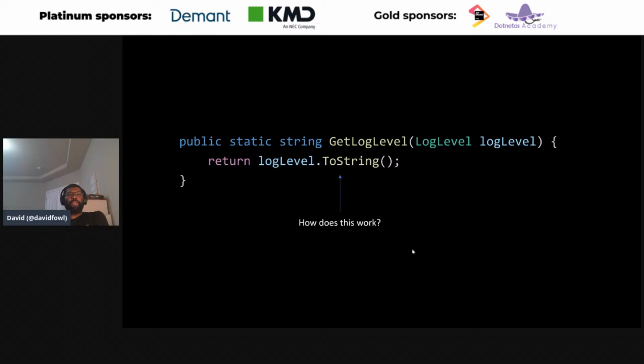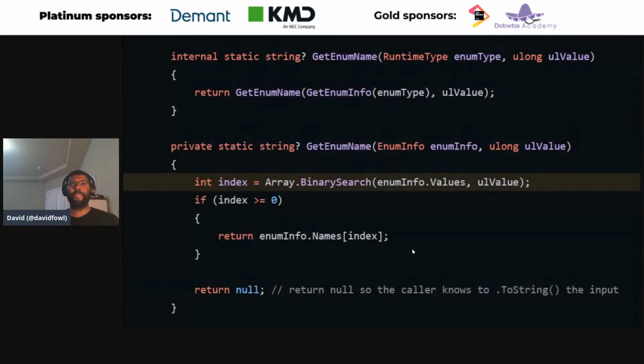How does enum.toString work? I actually had no clue until I looked, right? I had some ideas of how it could work, but I didn't actually know until I looked. And it essentially calls into the runtime to get the values of the enum, like all the values, and enums can have numbers, so you can label your enums like 10, 20, 40, 80, but by default they go from 0 to n, right?